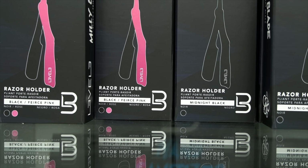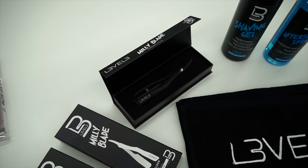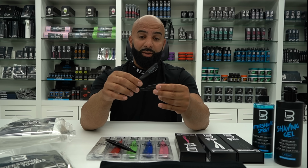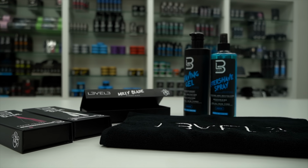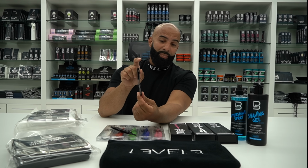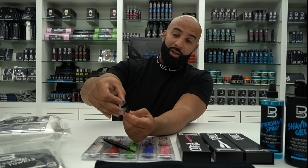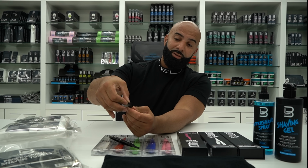Option number 2, the A-Rod A-Milli blade. This is more of a premium blade. This blade right here is a little more weighted. It has a couple of different features. Number 1, it has a feature where you would take your fingers, pinch the front, and then set your blade in there. Really simple. So all you would do is squeeze and set your blade in there, and then boom,